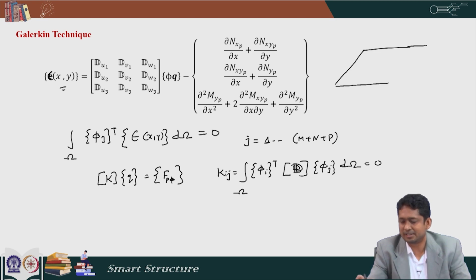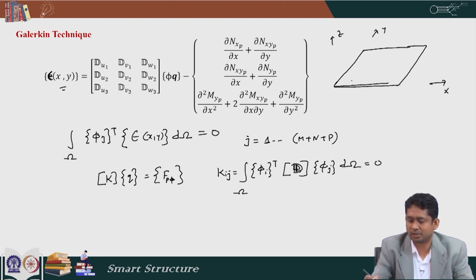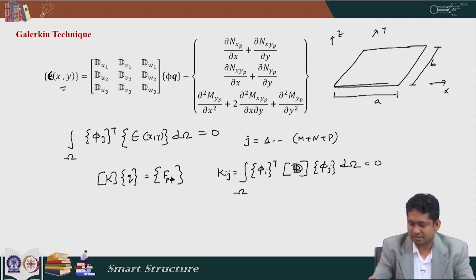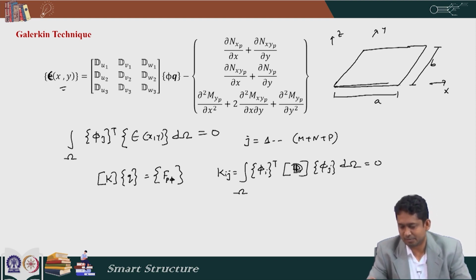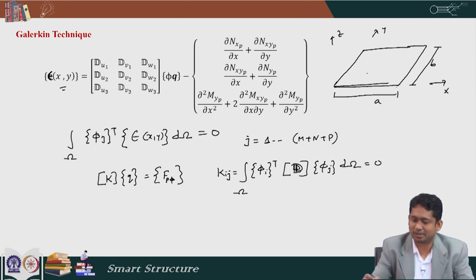So, if our piezoelectric laminate is like this, and it goes from x, y, z, if we just look at the 2D surface of it, suppose its dimension is a, and here the dimension is b. So, here omega would mean the domain spanned by it, with x equal to 0 to a and y equal to 0 to b, and again it need not be rectangular or square, it can be any curved domain also. So, omega takes care of that. So, omega is the 2D surface,